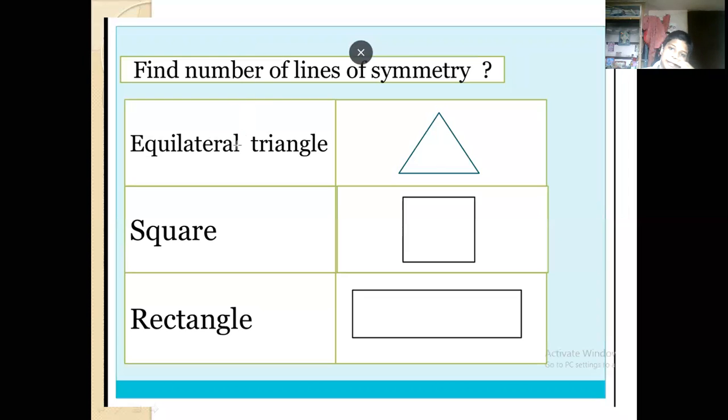See, this is an equilateral triangle. So first, what is the condition of an equilateral triangle? If this side is A, all the sides will be equal. So if all the sides are equal, and if you half it like this, this will be equal to this line, and automatically the sides are equal. So both the sides will be equal, and this acts as a line of symmetry, and these two and one more line. There will be three lines of symmetry in an equilateral triangle.